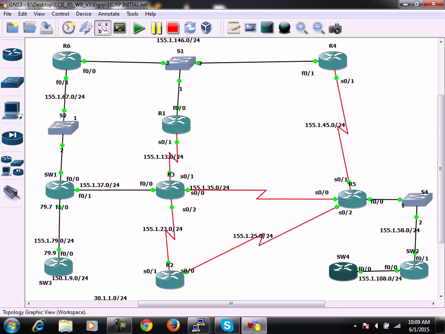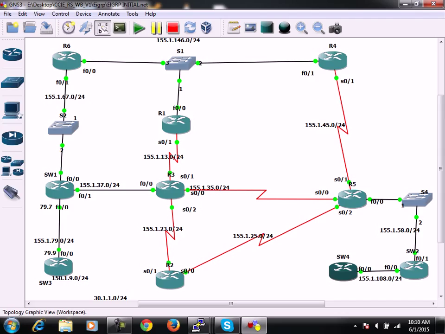Let's say for R5, the best path to reach the loopback of R1 is via R4. But if he wants to make it via R3, then we can also use offset list. I mean, here in EIGRP, you will be using offset list just to manipulate your path selection. You can also use this offset list in another way as well, just to perform equal cost load balancing. Sometimes what happens, let's take an example again of